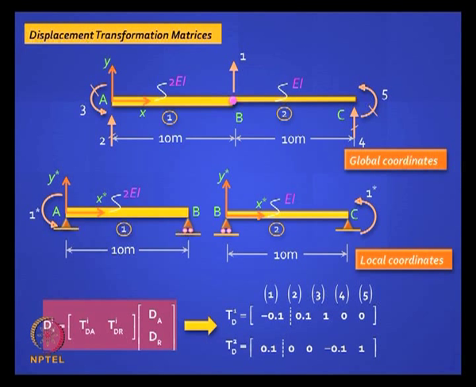If I lift up B by unity and do not allow any other movements, then I have an anti-clockwise chord rotation 1 by 10 for this element, which will give me, should it be minus or plus? Minus, because anti-clockwise chord rotation is clockwise equivalent flexural rotation, so it is minus, and for this I get plus because it is the opposite. So that is how I fill up the first column. Is it clear?